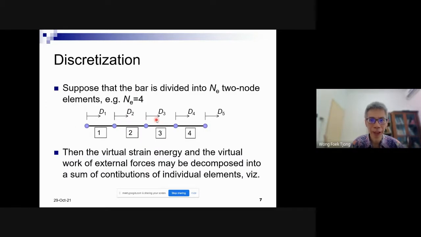Well, we have a bar, right? For convenience, let's remove first the support, just like the SMP, right? We remove the support and then we define the degrees of freedom like this. D1, D2, D3, D4, D5, okay? Let's say the bar is divided into 4 elements, for example. Of course, this is an arbitrary number, okay? You may divide into 8 elements, 6 elements, or 2 elements, or only 1 element, it is up to you. But here, just for illustration, I divide the bar into 4 elements. So this is element 1, 2, 3, 4.